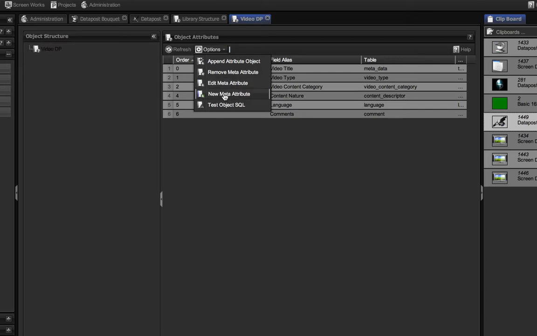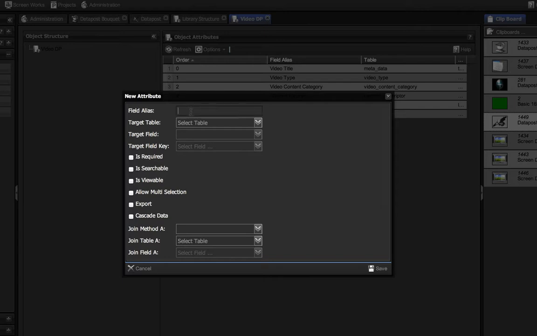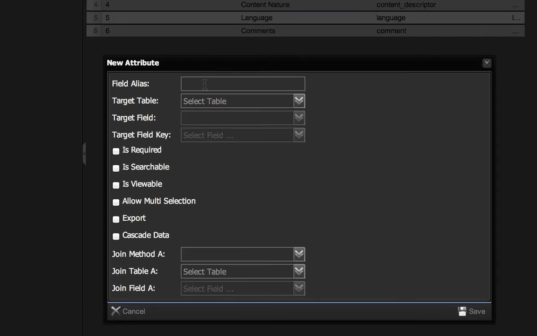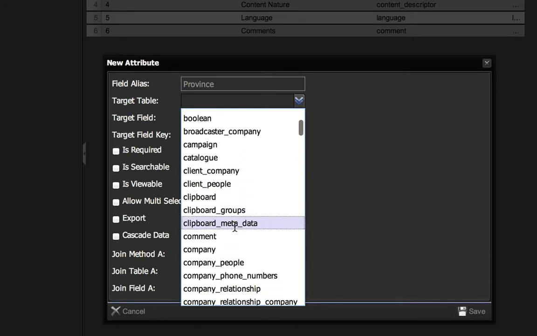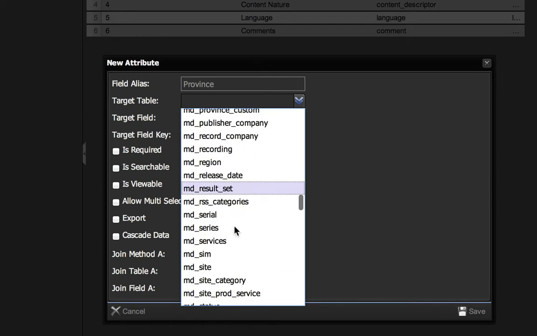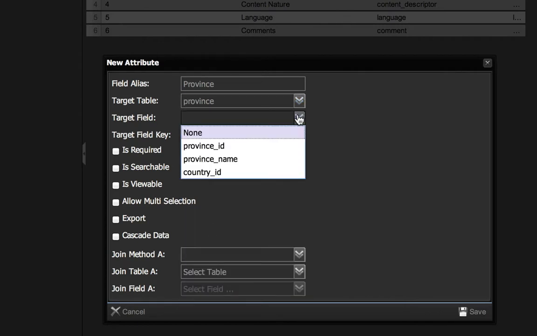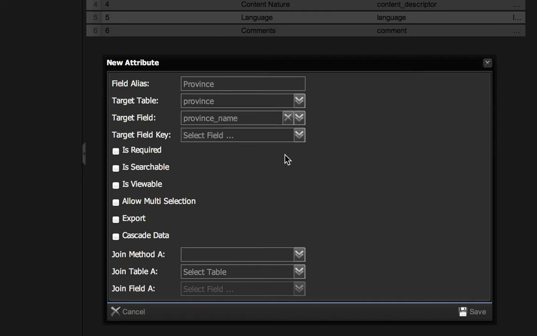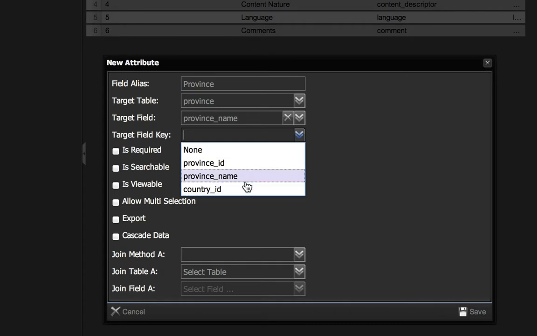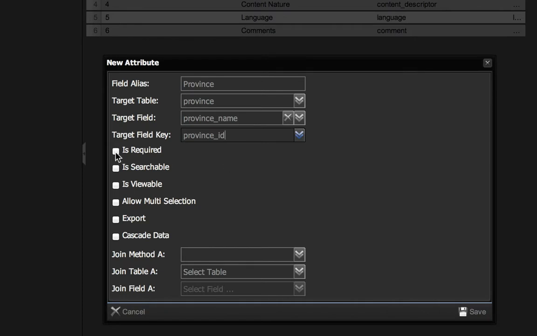So we say new meta attribute, and we are going to call it province. The system by default will use the country, so we don't have to worry about that. So now we'll go and select the target table, and we will find province. Okay, here it is, province, and the target field will be province name, and the target field key will be province ID,